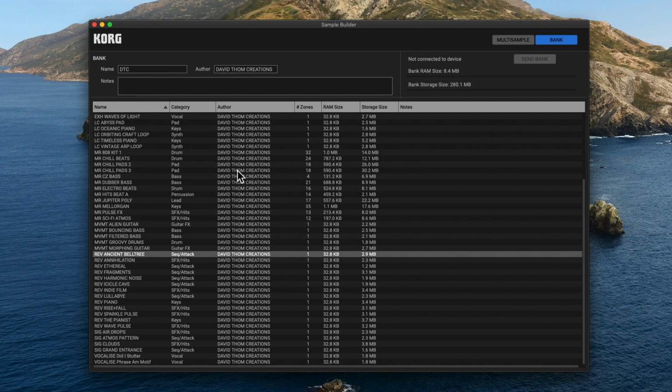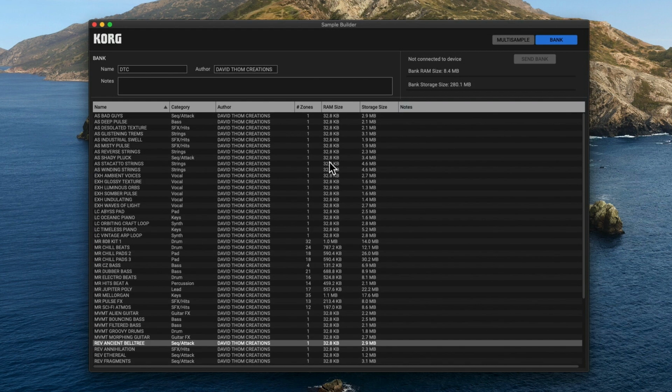Because you can, this is the difference between this and the editor librarian. You can use the sample loader without the Wavestate connected. So the only time you need to connect it is when you're going to send the bank over, and it'll rewrite your user patches. So like I said, you can work away in this and save